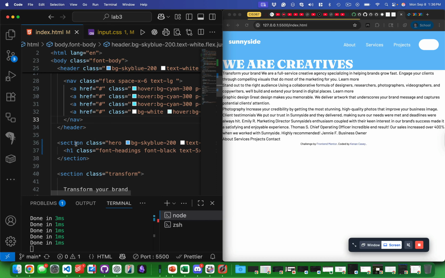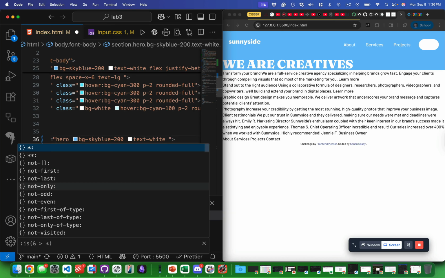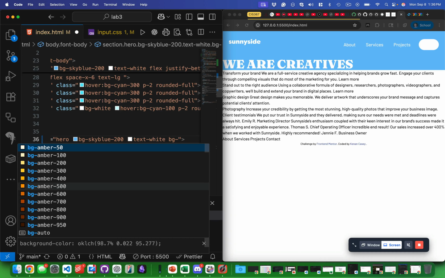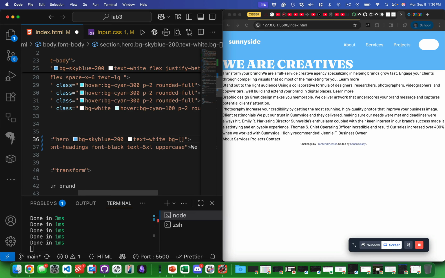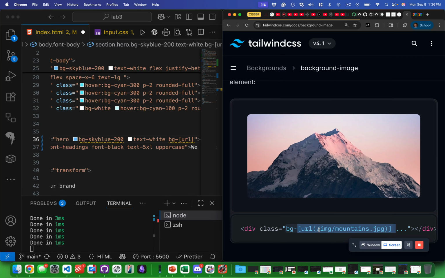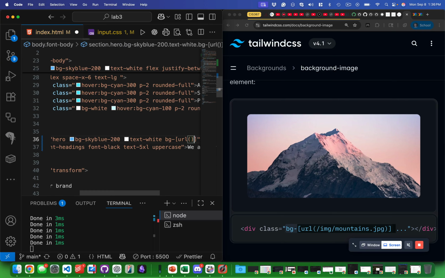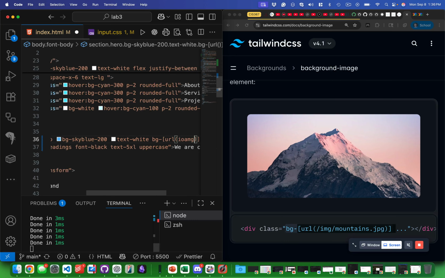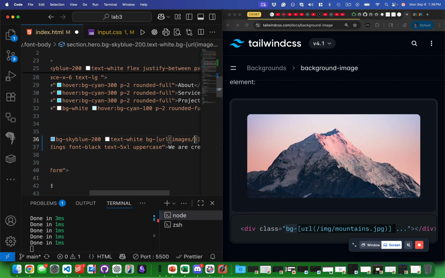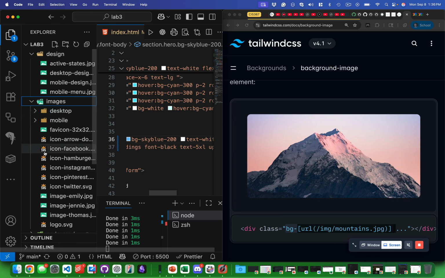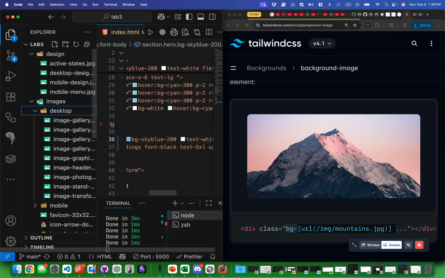So this is the background image on this section. So I'm going to say BG dash square bracket URL. Hang on, were there parentheses? I already forgot. There's parentheses there. And we want to say, where are the images? In the images folder. Unfortunately, we don't get autocomplete in this. And under the images folder, under the desktop,